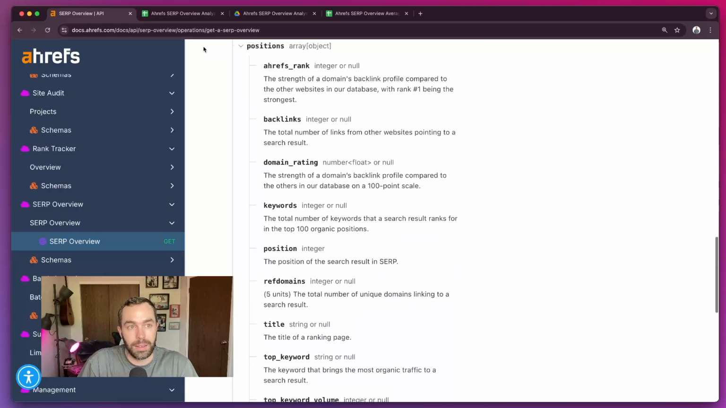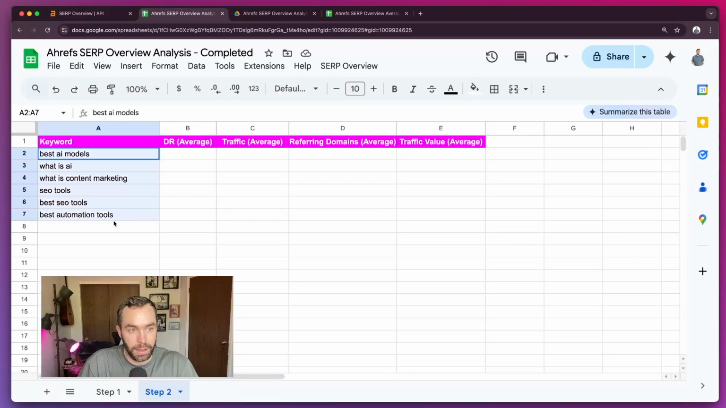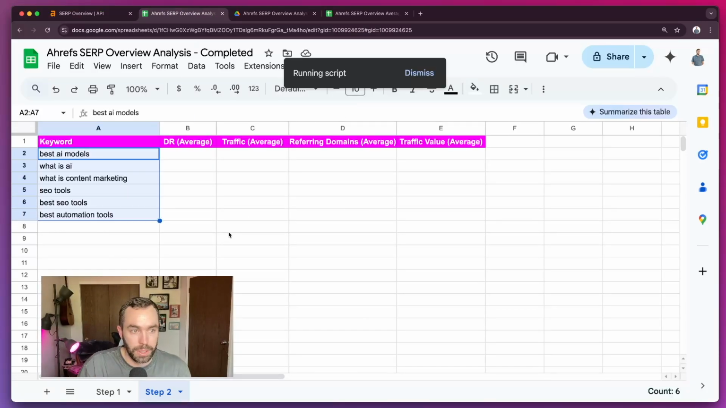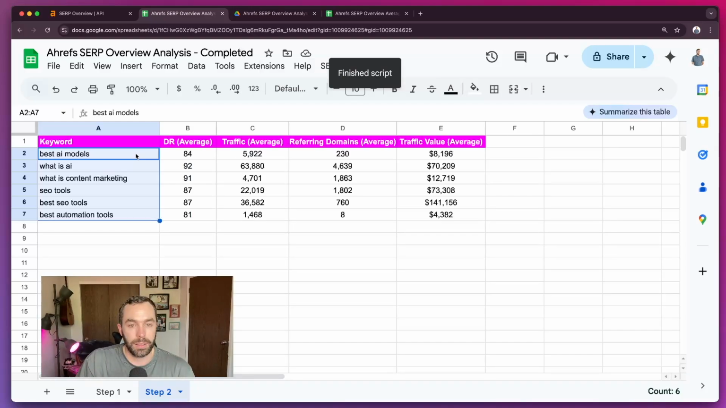So I had the idea that we could average the performance of the top 10 results. So what we'll build is what you see here, a list of keywords, and we're going to get the average domain rating from page 1, the average traffic, referring domains, and traffic value. So that finished running, and as you can see, we can get a sense for